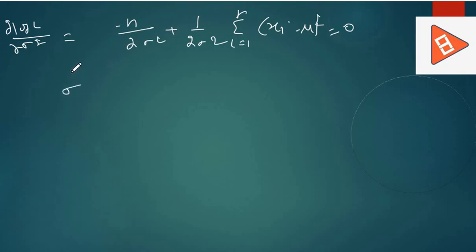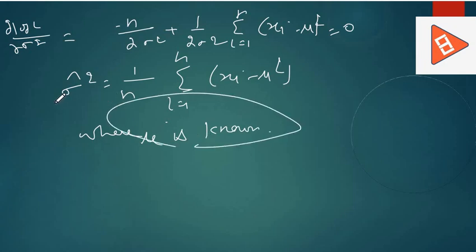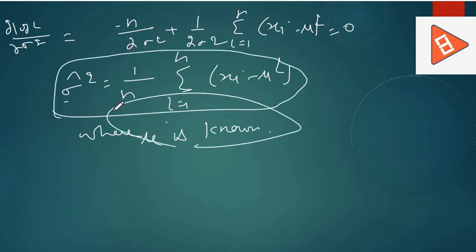That will give us sigma cap square is equal to 1 by n summation over i is equal to 1 to n (xi minus mu) square, where mu is known. So it was the estimate for the population variance when mu is known,